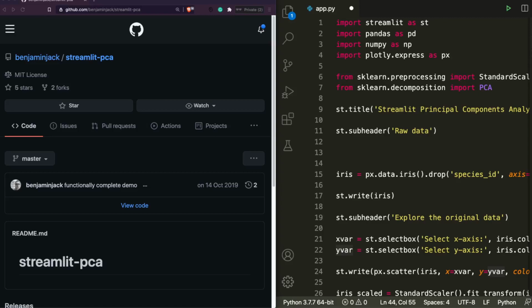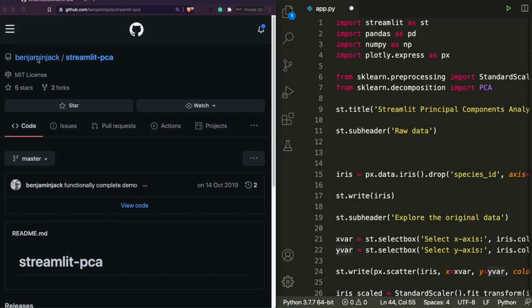In this video, we are going to look at a simple project on how to build a Streamlit web application that can do PCA, Principal Component Analysis. Unlike most of our videos, in this video we are not going to live code, or it is not even my own code. So in this, we are going to look at a code that has been already written by